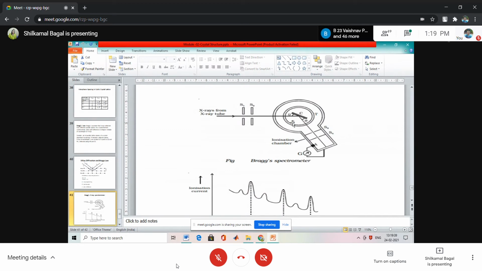If we rotate this turntable, then what will happen? The X-ray direction is the same. The X-ray tube is fixed and X-rays are coming in the same direction. But when we rotate the turntable, the crystal will rotate with the turntable, and so the angle between the crystal planes and the incoming X-rays, that is the glancing angle, will change. Are you getting? Yes, are you getting? Okay.